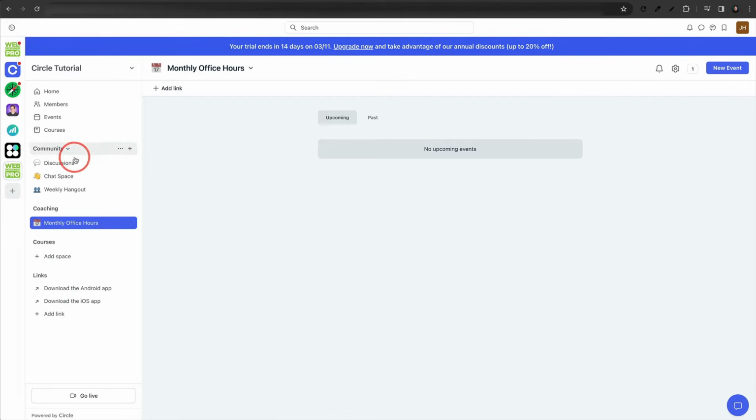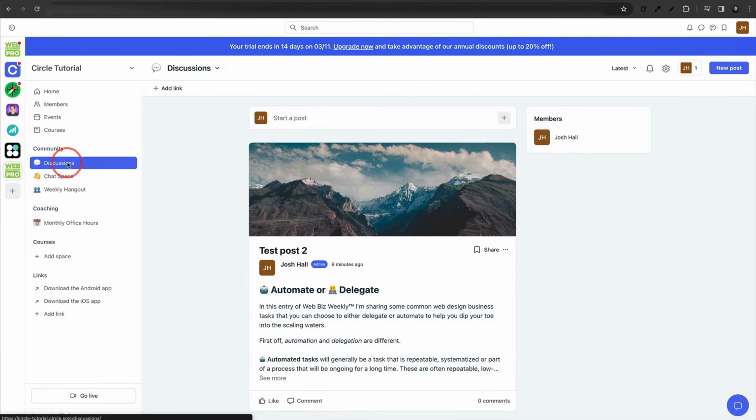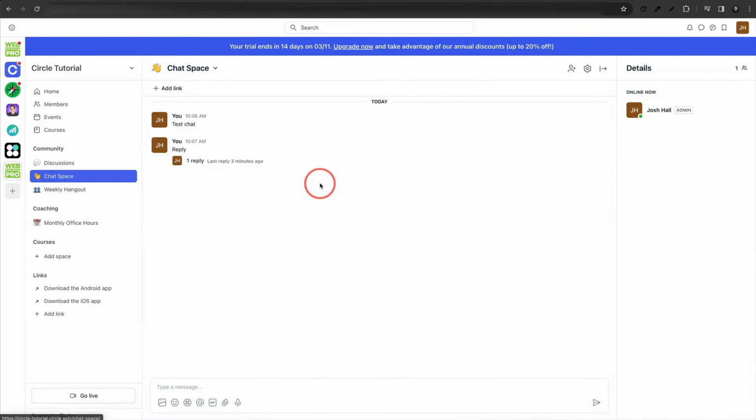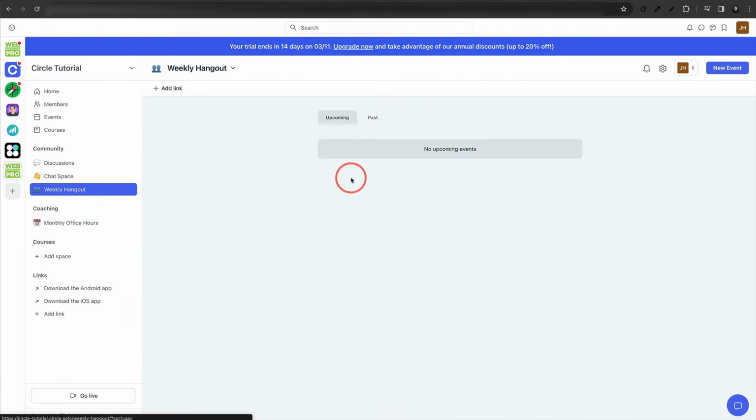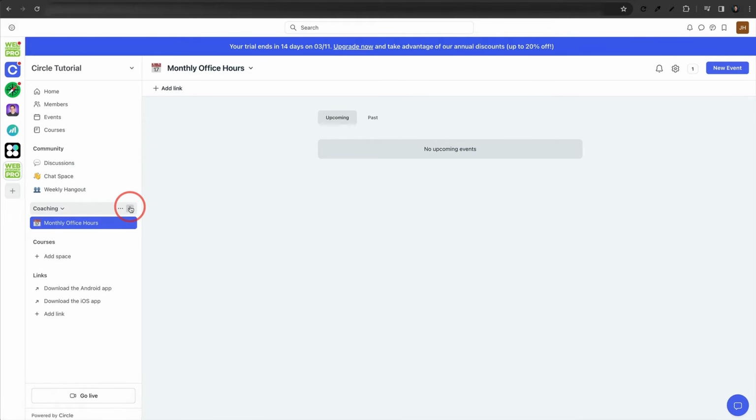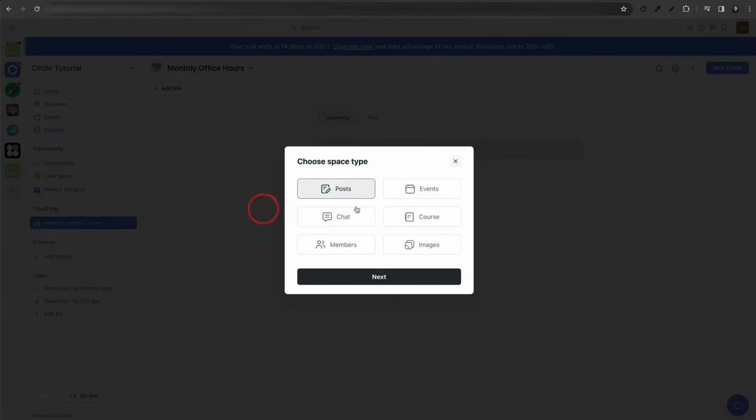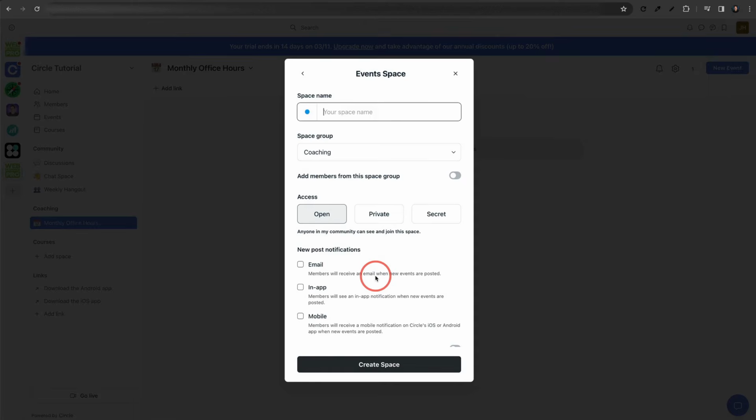And again, it is an event. So we've got several different space types already. We've got forum style, which we could customize, as you saw. We have a chat space, and we have an event style space. So same thing here. We're going to do another one, but now we're going to do one that is like a coaching, like a group coaching call. This will be for premium members of this community. And we're going to make this one weekly. So let's add a space. This will be an event because it's going to be something that we actually create an event out of. So we'll call this weekly